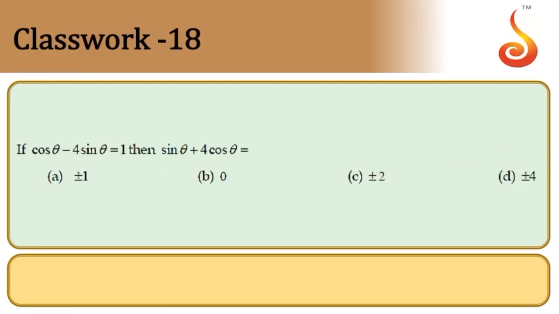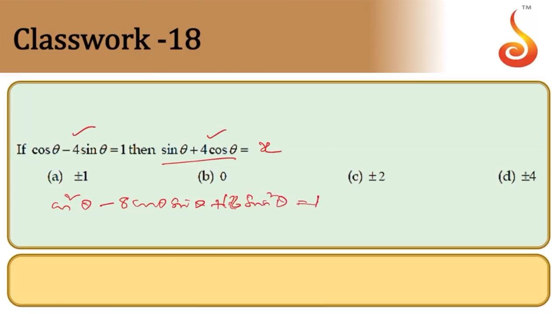Let's proceed to the 18th one. Cos theta minus 4 sin theta is equal to 1, sin theta plus 4 cos theta. I do not know how much is the value. Let me take it as x. Then squaring and adding. So squaring, cos square theta minus 8 times cos theta sin theta plus 16 sin square theta is equal to 1,